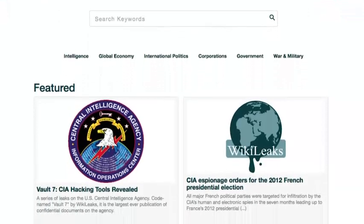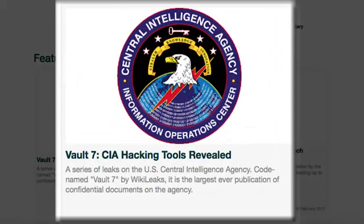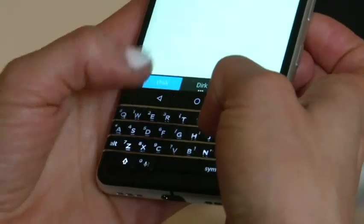What we're looking at is a newly released trove, thousands of documents detailing software developed by the CIA to hack into a broad range of consumer electronic devices. A lot of these documents that came out, there's about 9,000 of them, show how the CIA was able to hack into all sorts of devices that we use around our home, whether they're cell phones, whether they're our